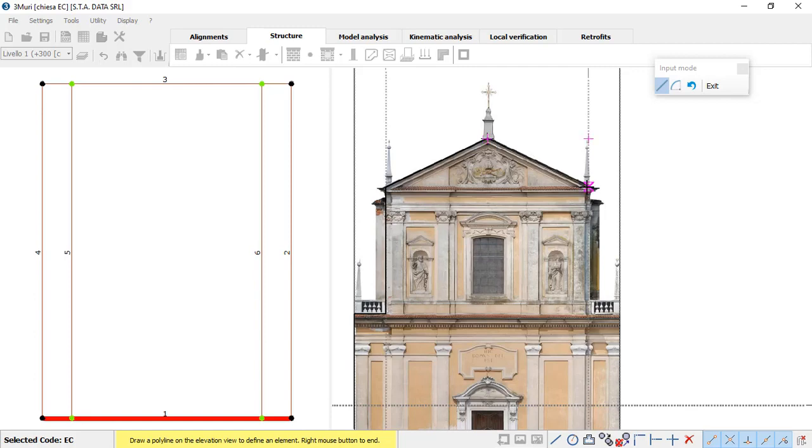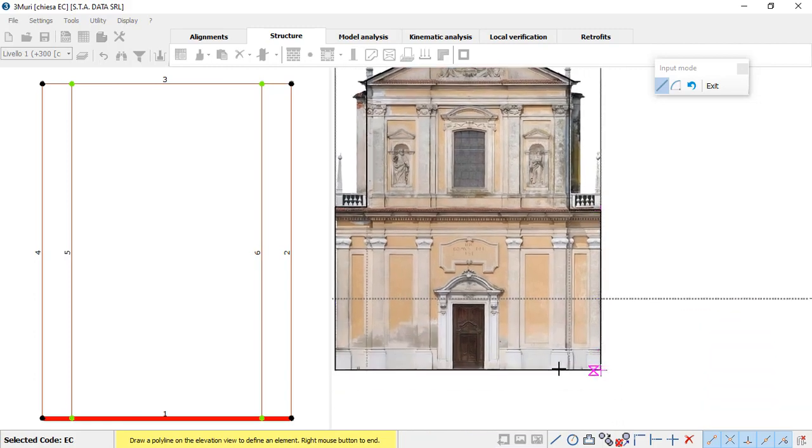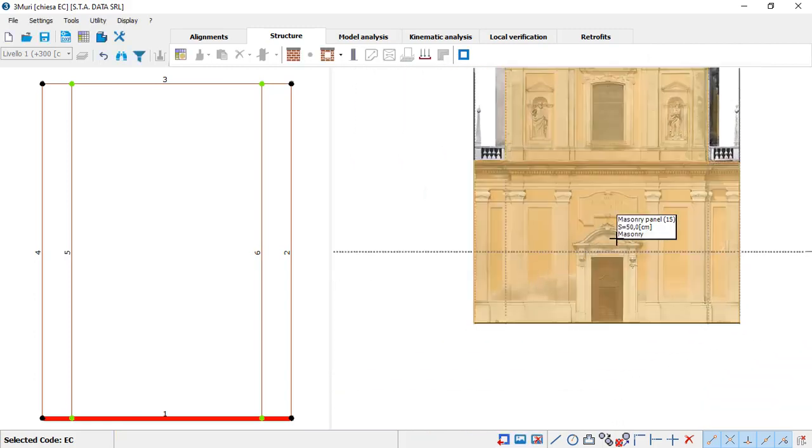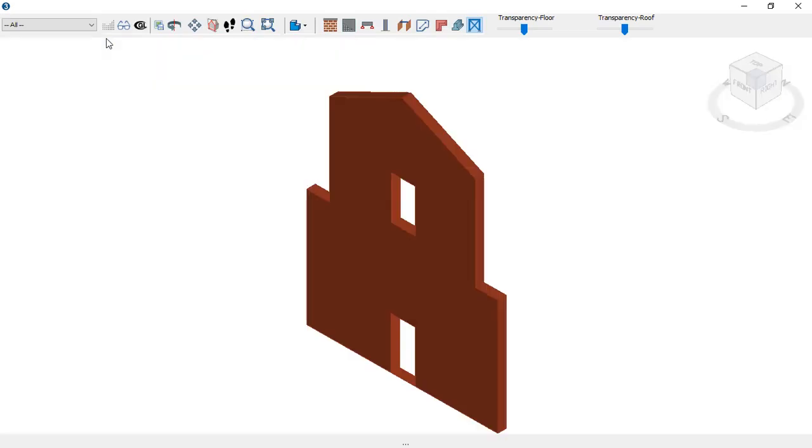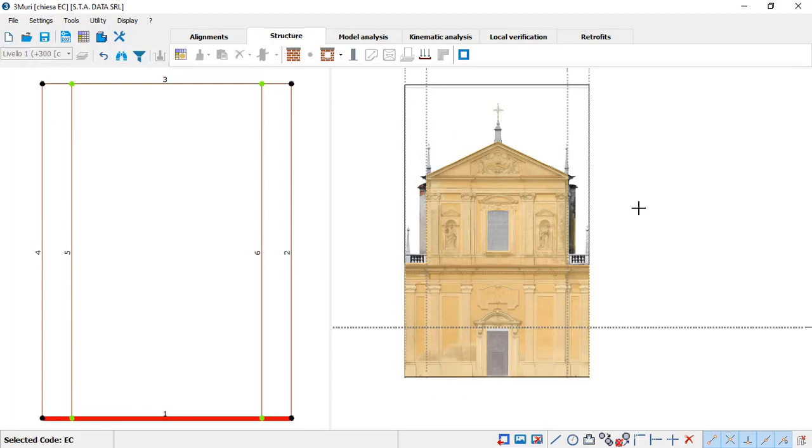In this case, we don't want to model the whole structure. We are just looking to model just the facade, and we are going to add in all the loads necessary to take into account the rest of the model. So in this case, it's not going to be necessary to model the whole structure, but just to model one of the walls, the wall that we want to analyze. So as we see here on the 3D view, it has been successfully inserted,